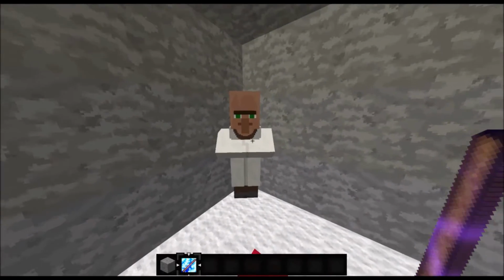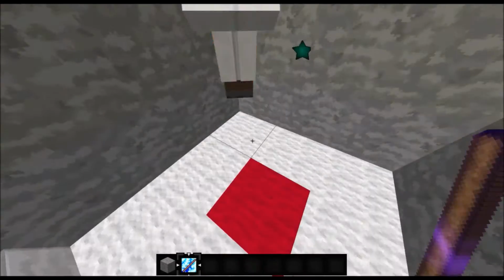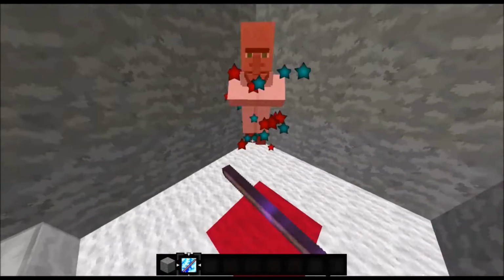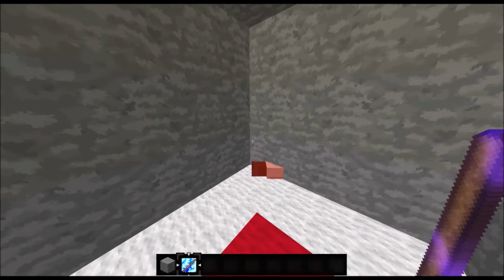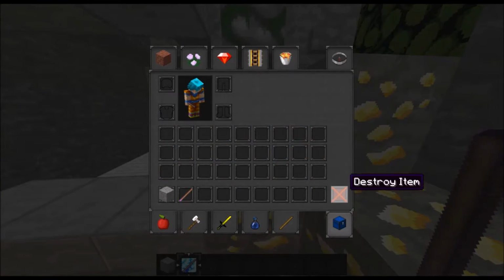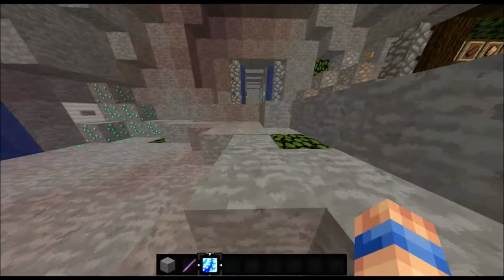This is the sound it makes when you hit something. Well, when you hit a villager. I don't know why I'm showing you the sound, but these are the normal particles. The crit particles are red. So normal particles are blue, crit particles are red. Yep, so anyway, that's it for